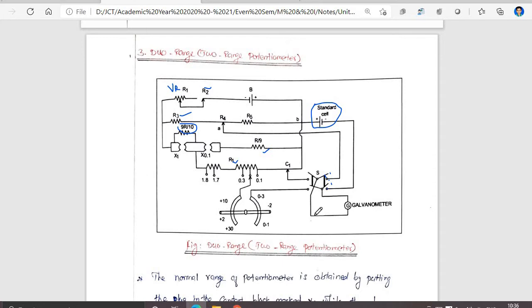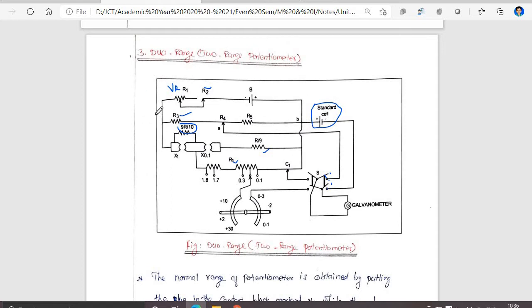Okay, so at the initial time the galvanometer is not at a null point. It will not represent a null point, and you can adjust the variable resistance. Here R1 and R2 are there and R4 is there, and if possible you can adjust the dialing element resistance R1 also, and the rotary type also can vary, because if you connect the switch here, this element will be added into the circuit.